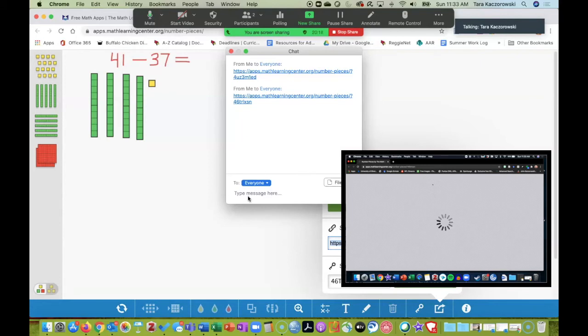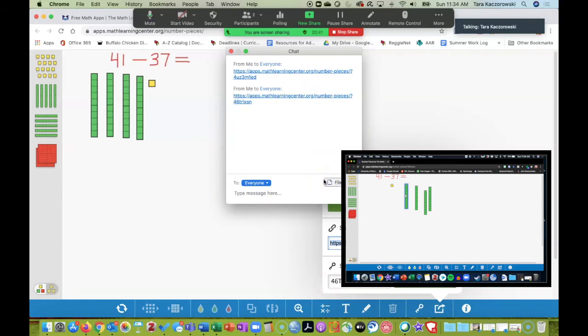Now at this point, the student is taken to a website. They're out of Zoom. Zoom is still running in the background, but they've been opened a new tab, and now they can actually interact with these base 10 blocks over here. Okay. They can show me that work, but at this point, I can't actually see what they're doing on the teacher end over here. We have a few options.